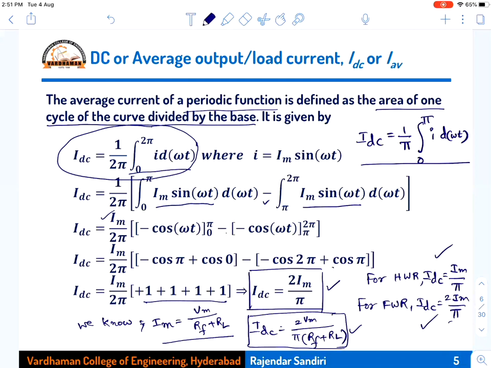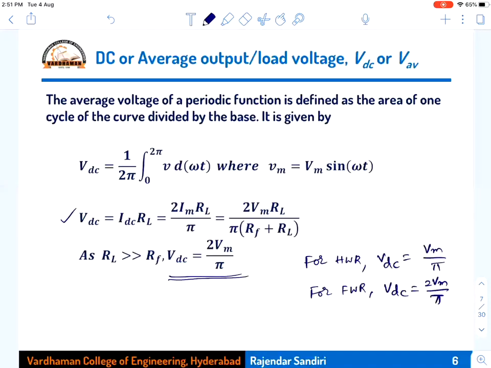So you can do the DC or RMS current calculations for 1 cycle or 2 cycles or any number of cycles. But if you take it for 1 cycle, it will be simpler. Otherwise, you have to keep on integrating many terms, and you have to substitute the values of sine 3 omega t, cos 3 omega t, all those things. That will be a little difficult. So you will get a more simplified version if you do it for 0 to pi. That is another modification. You can try it out.